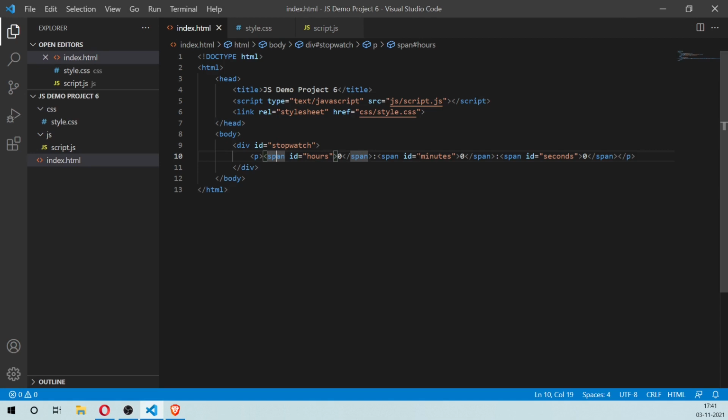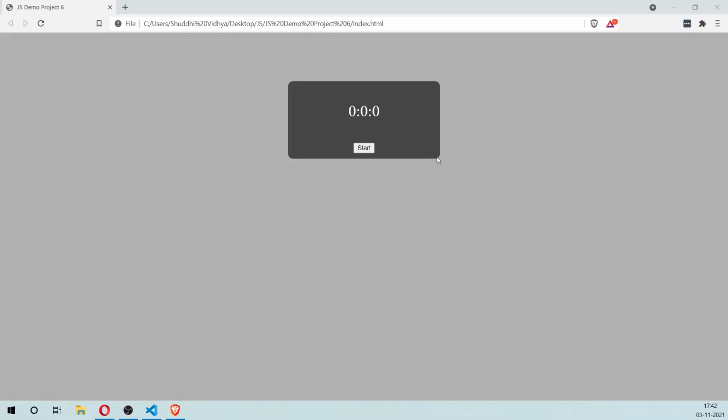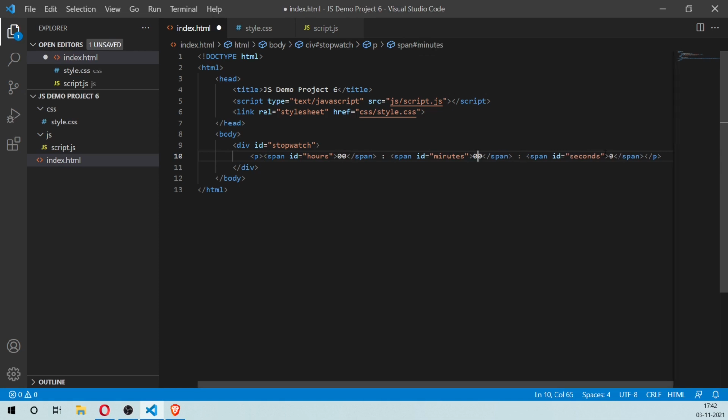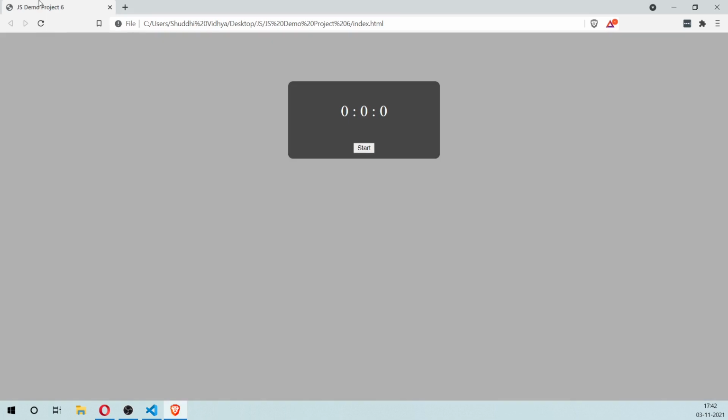And also we're going to give it a little bit of space around these things. And one more thing is we're going to give it something like this. This looks much better now.